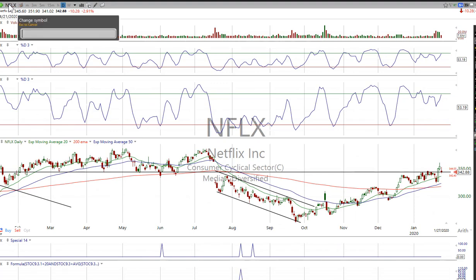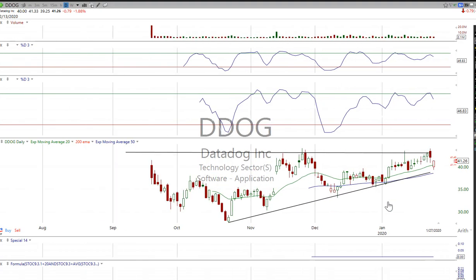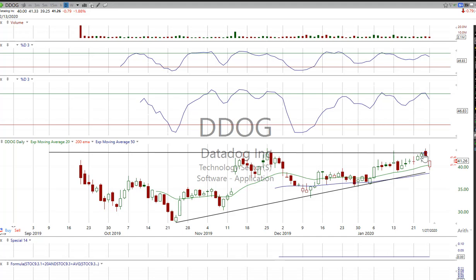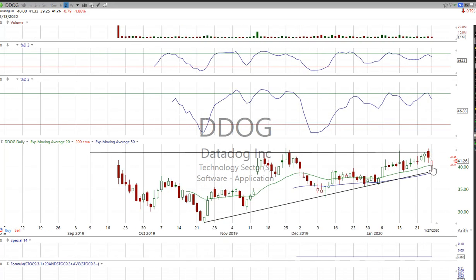Waste Management is excellent. Data Dog, again, getting chopped around with the market. It's still pushing it. I love the IPO. You know this is eventually breaking out of this. They were approached before they became an IPO to be bought out. They declined. They went public. This is where they are today. Pushing up here. I love the chart. You've got to understand that a downward market here puts a little pressure. There's no reason why this can't retrace and shake the tree a little on this one. Eventually, it's going to get through here. I think it needs a catalyst, though. I think it needs earnings.